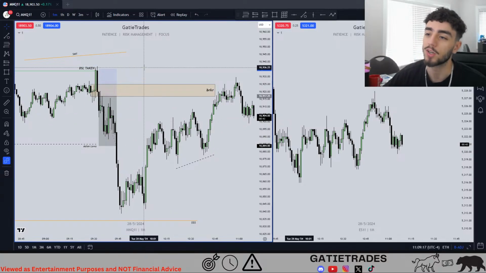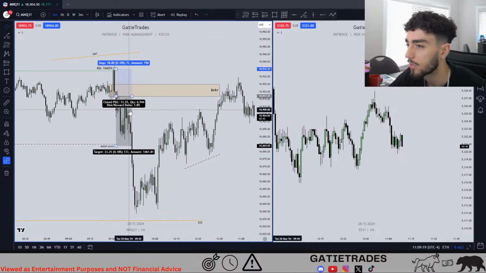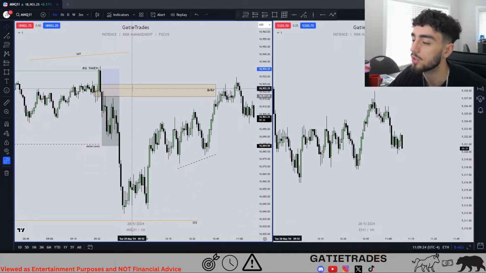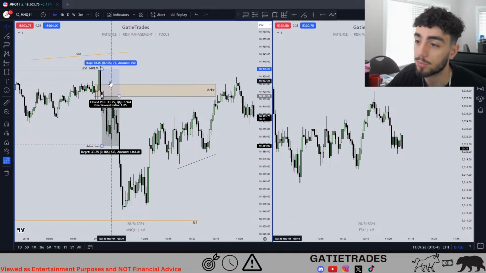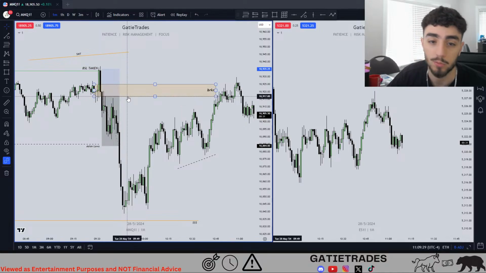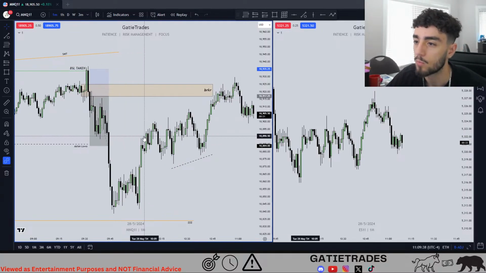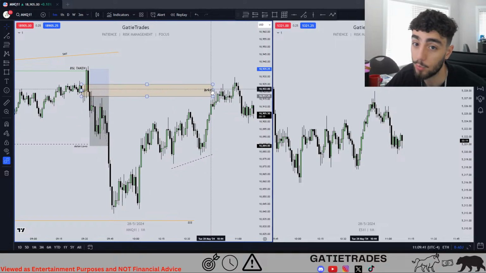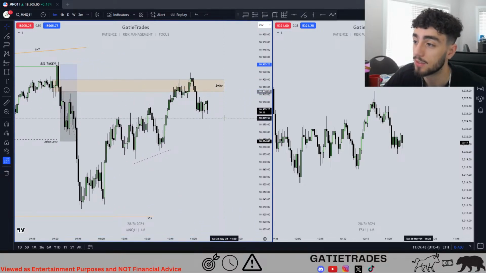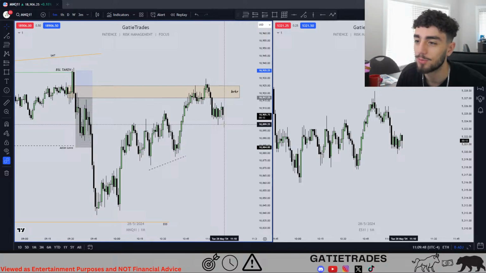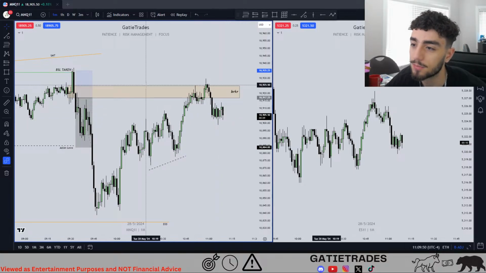I look at macros, I look at opening price, and then I look at key highs and lows, right? SMT divergence. Now I'm recently implementing breaker blocks. I feel like they increase my win rate. That's all. I look at midnight opening price, highs and lows, imbalances, and then any confluences. And it works for me. You know? That's it. I can call it Gatie model. I can call it a breaker theory, you know? But at the end of the day, it's all the same.